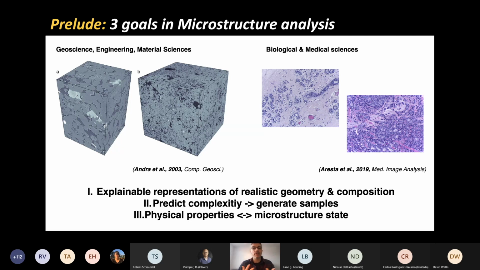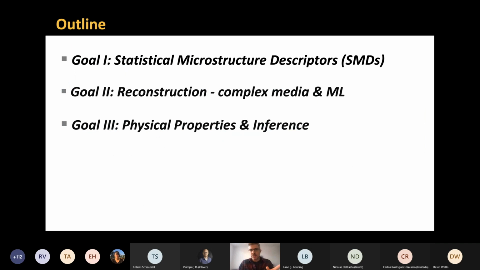This is one of the ways, because we often cannot do a CT, for example, at very high pressure and temperatures because of the size of the instruments, but we can, for example, acquire acoustic data. So can we relate the acoustic wave properties to the state of the microstructure? Now, these problems are related, as I hope to convince you in the next 20 minutes. So these are our three goals, and these are the three parts of the talk.